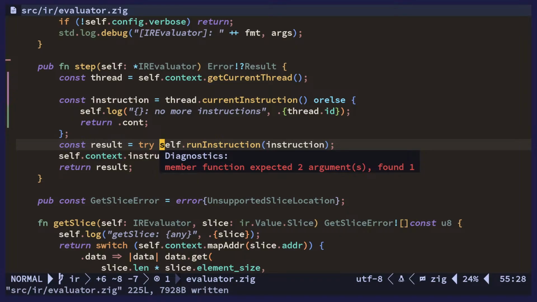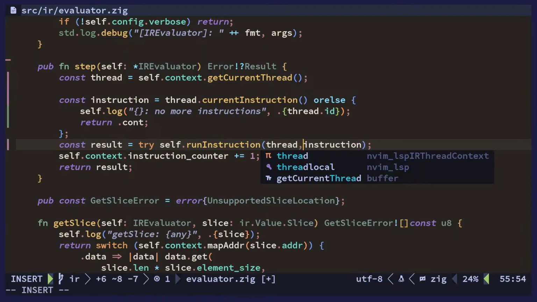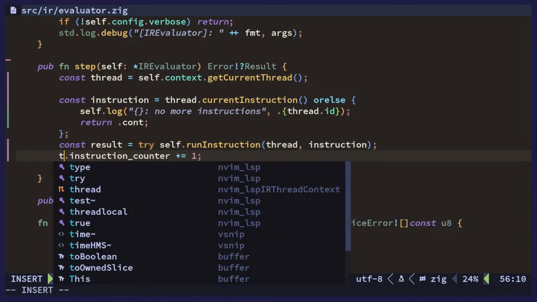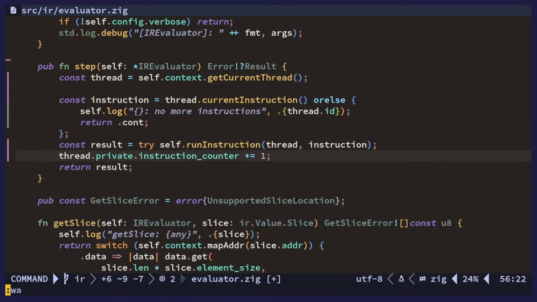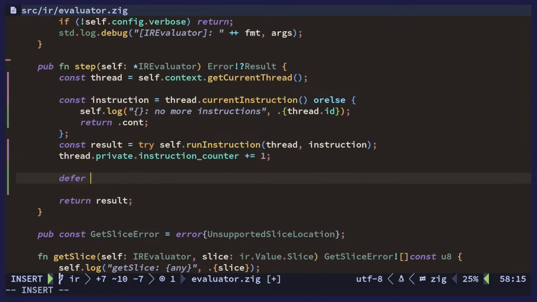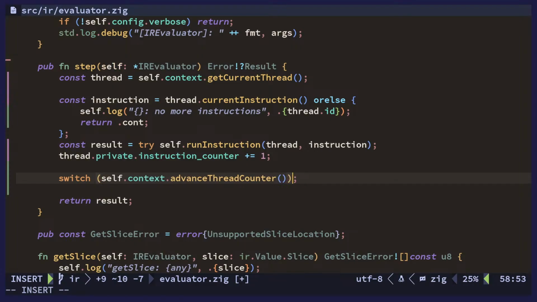All right, and you want the thread, and this will be thread private structure count plus equals 1, return result. Also, we want to say advance thread counter as well, and we're going to switch on the result,